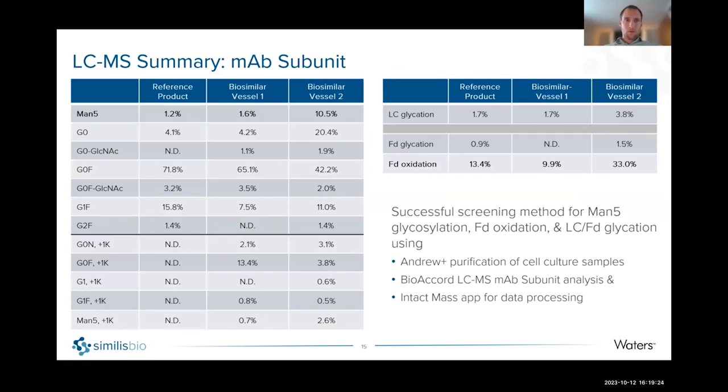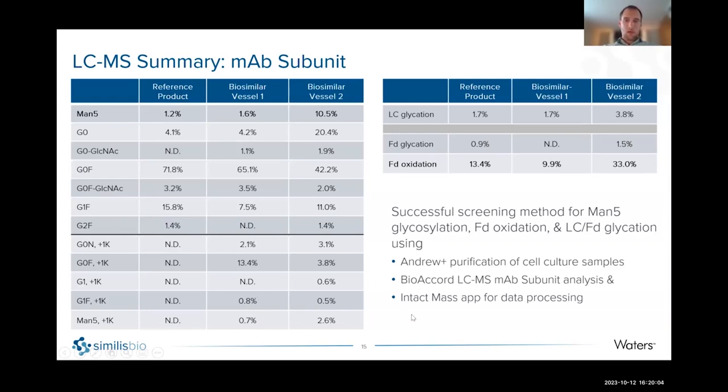Here are the results of the relative abundance for our primary glycoforms of interest. On the left, we have the results on the top half, and then the fragments with a C-terminal lysine are in the bottom half. All of these results aligned very well with what we saw by both iCIEF and the fluorescence-based methods for glycan quantitation. And we were able to go down to less than 1% and see good agreement between the methods,